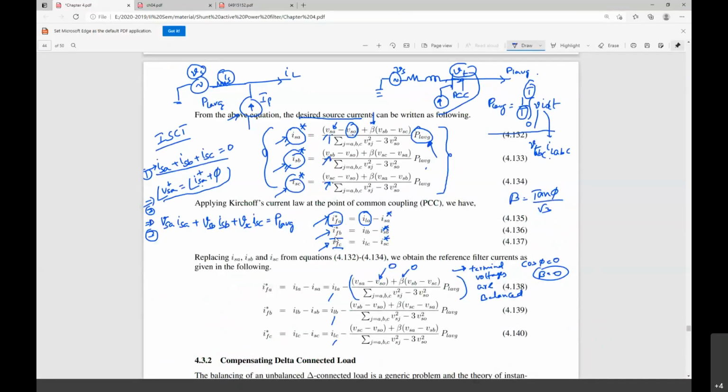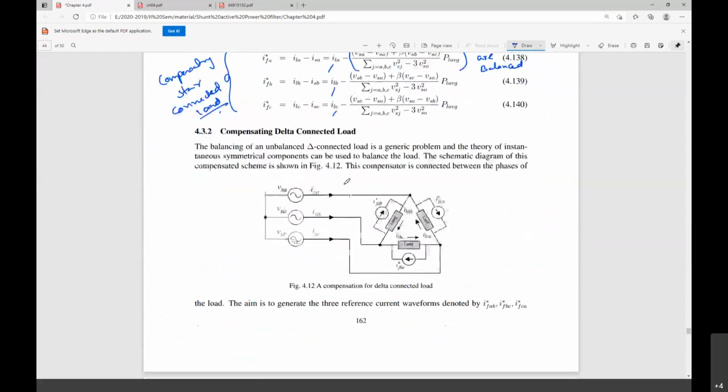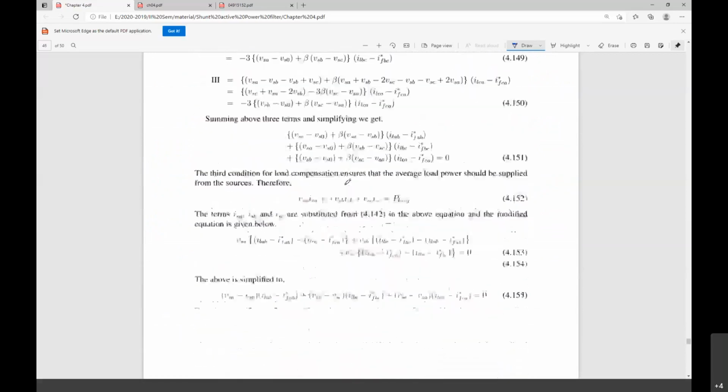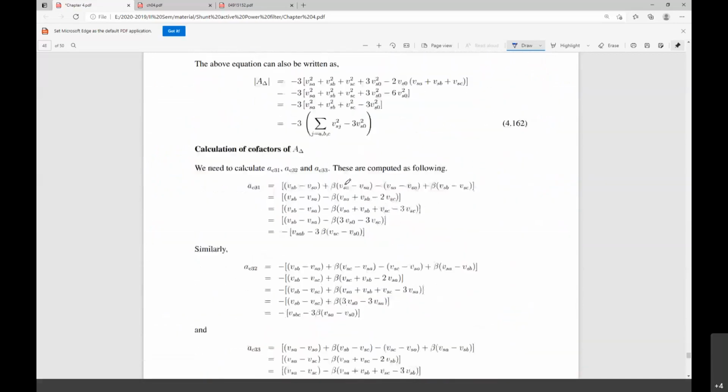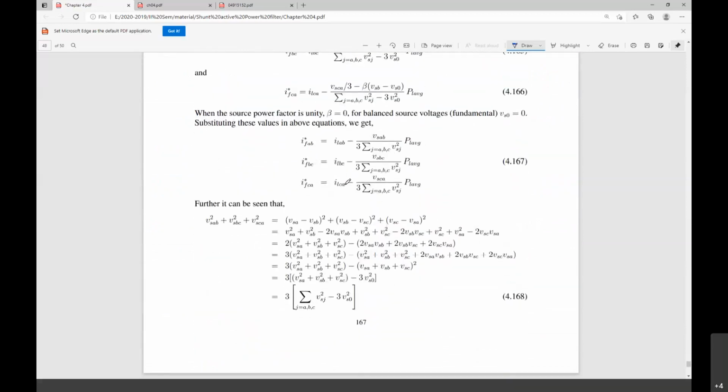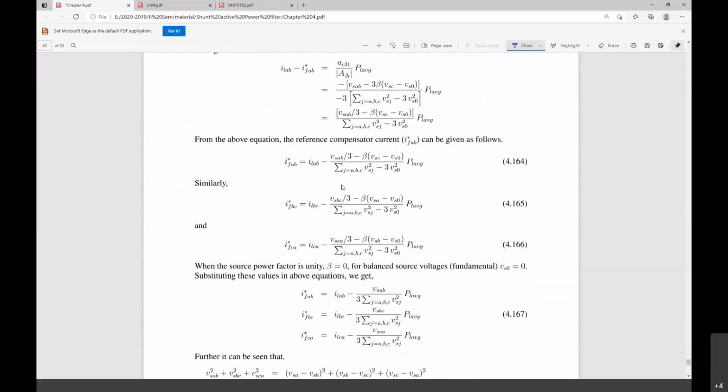Especially these are the currents which are referred to the compensating of a star connected load. In the material which I have given you, for the delta connected load there is also an expression. You can see that for the delta connected load, I'm just scrolling directly to the equation. How does this equation look like? This is the equation which pertains to the delta connected load. Now,